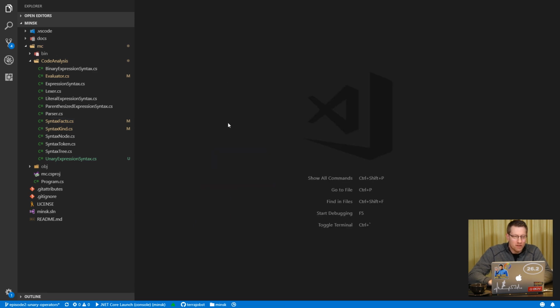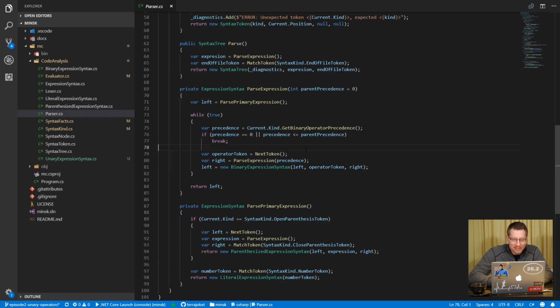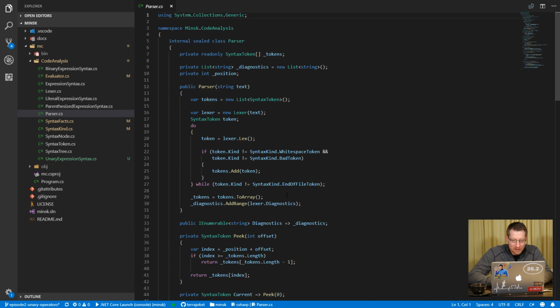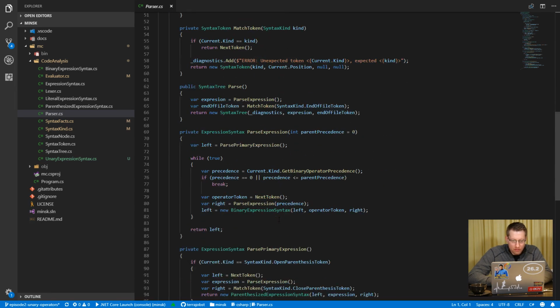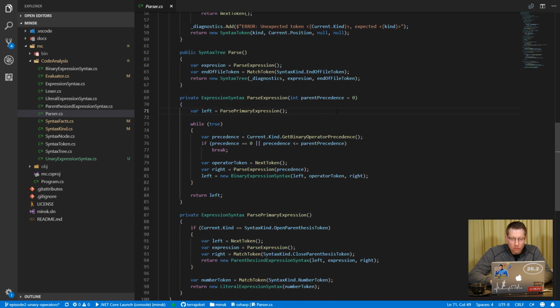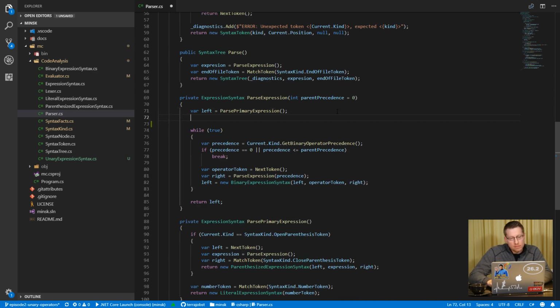Somebody says, keep the tree comments. Yes, yes, yes. That's a fair point. All right, so let's go to our parse expression. So this is going to be here. So how do we do this? We say